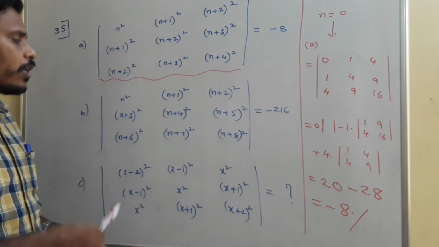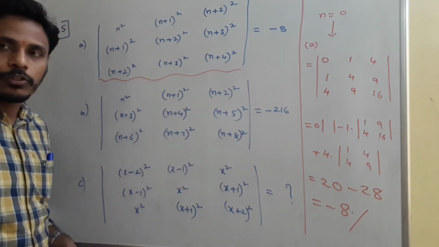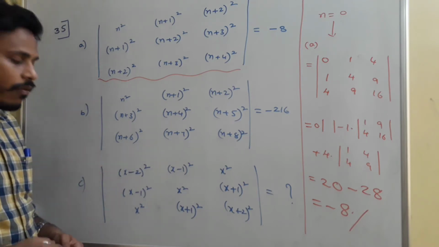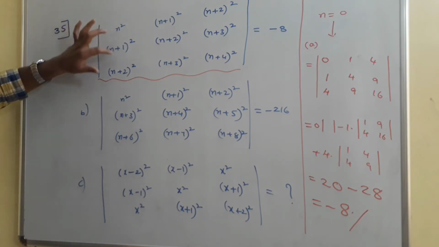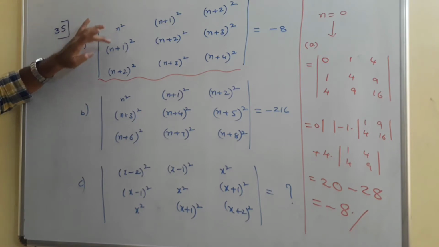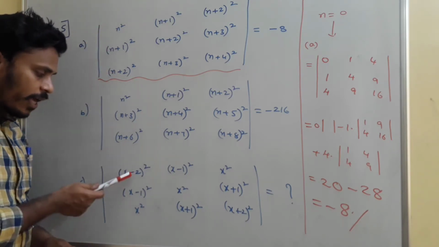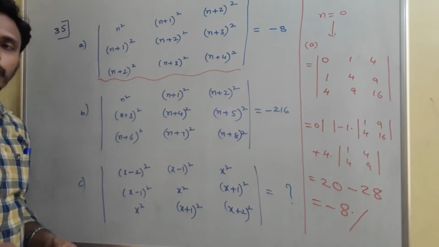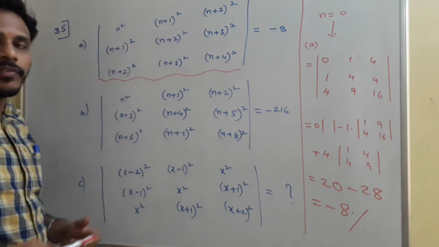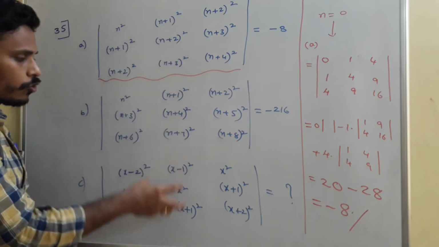In the same way you can solve the second problem, and in the same way you can solve the third problem also. But if you observe the third problem, there is nothing to simplify here. Why? If you leave the squares for some time and look at the bases, n plus 1, n plus 2 are consecutive numbers. Here again, x minus 2, x minus 1, x are consecutive numbers. Starting from the second number, n plus 1, they have the second column, and in a similar way we have the second column here. So just observe these two.